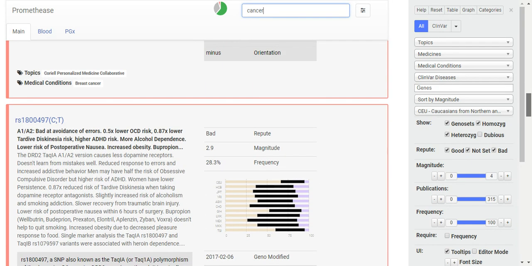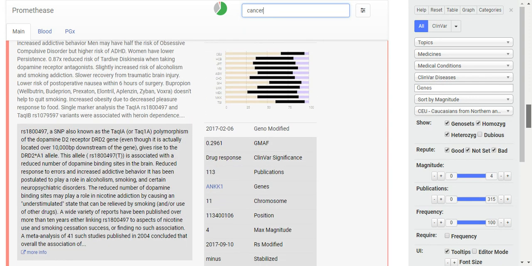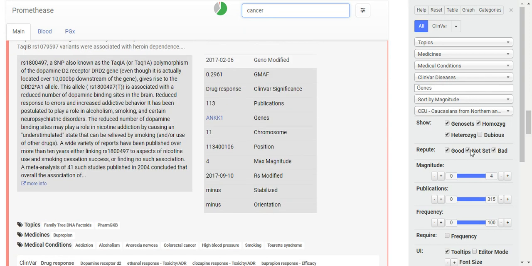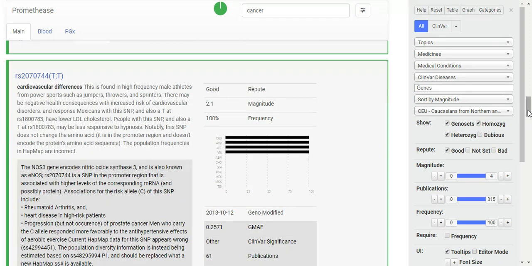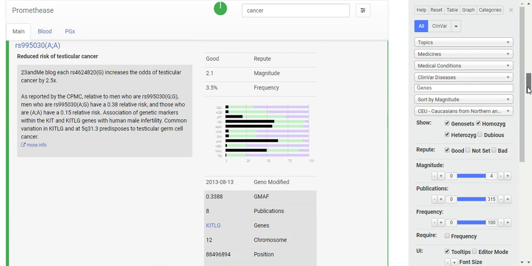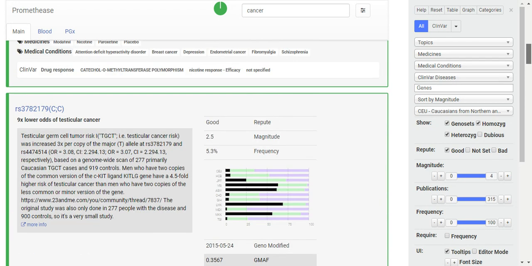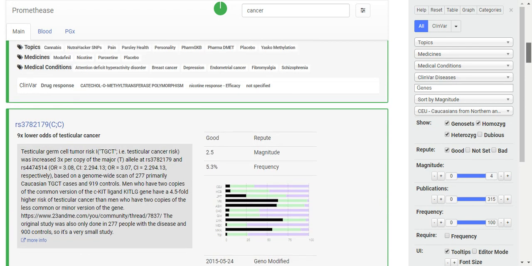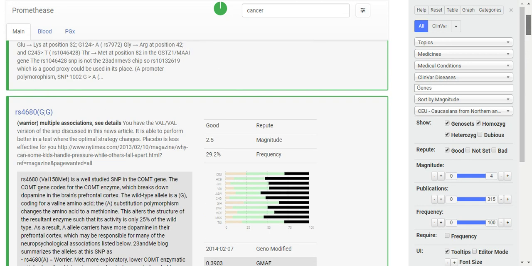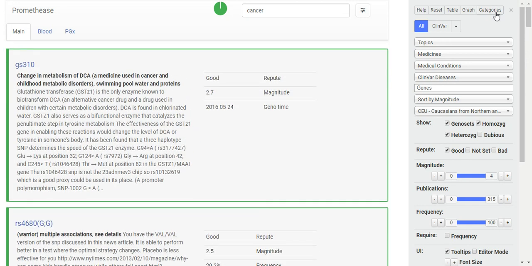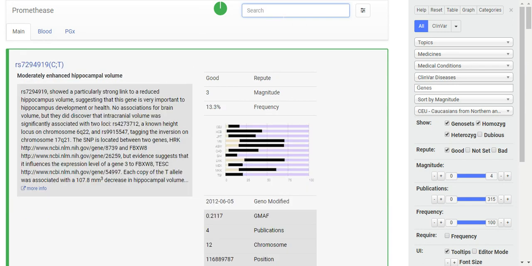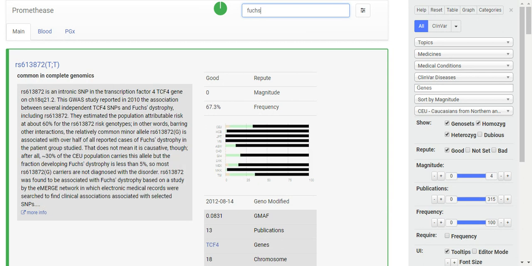The list is very extensive. It's very long, so I won't go through everything, but it will show you the good, the bad, the not set. So if I just wanted to look at the good, then I would take these controls off, and then you can see what you're at reduced risk for. And then you could see the details by clicking here and reading it, or clicking this, and it'll give you more details. I can also search for different things.